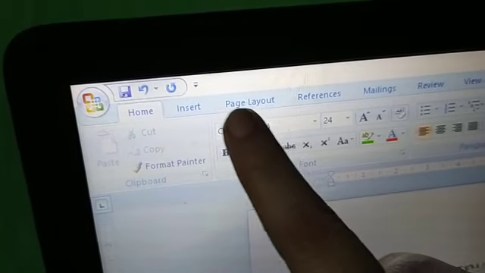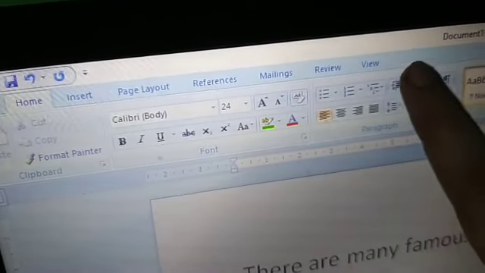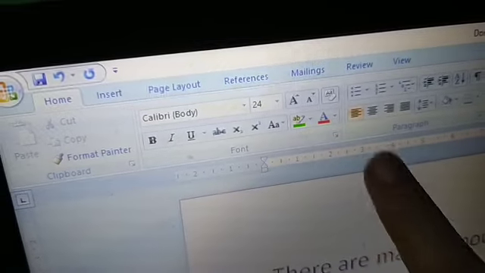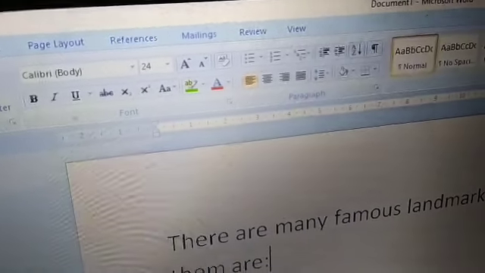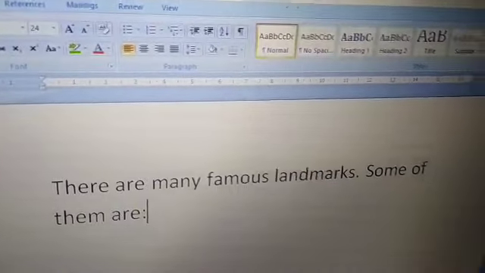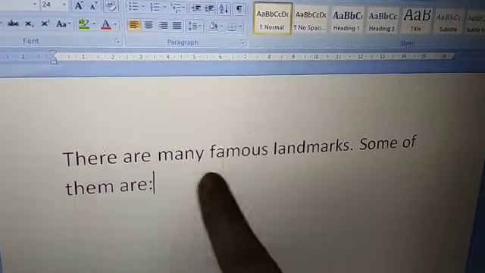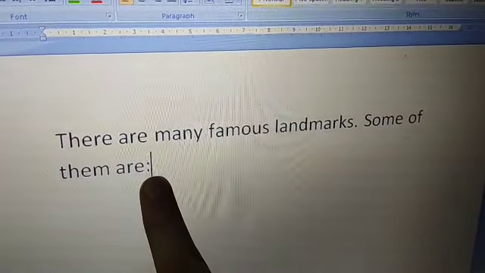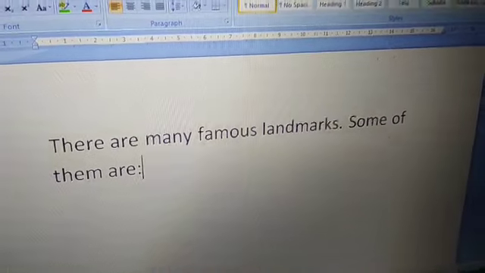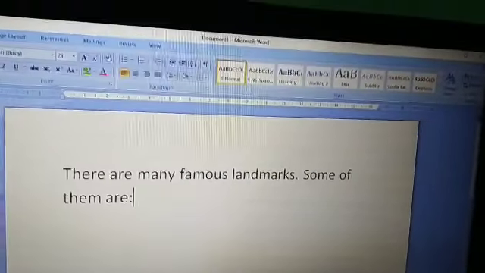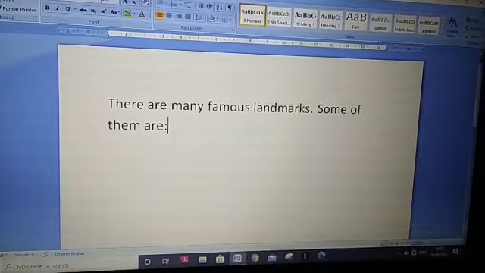These are tabs: home, insert, page layout, reference, review, view, and these are groups: clipboard, font, paragraph. You are already familiar with this window. This is document area, and the blinking line which you are seeing is the cursor. So you already know this window.